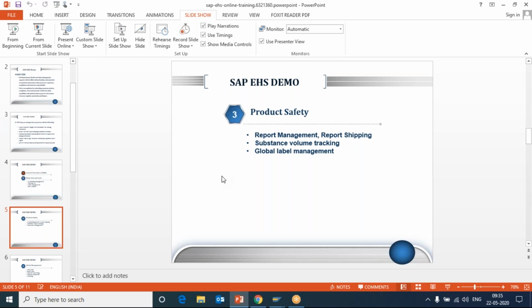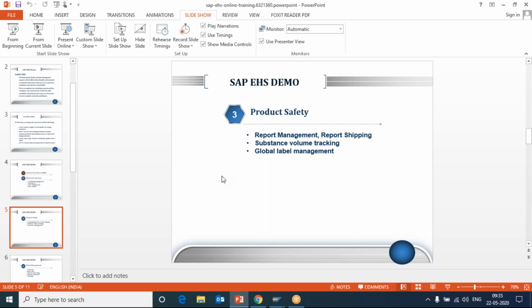So how do you actually control this label management? That can be done in SAP EHS, be it related to safety instructions, expiry dates, or logistics, anything. So all these label requirements can be handled in product safety.